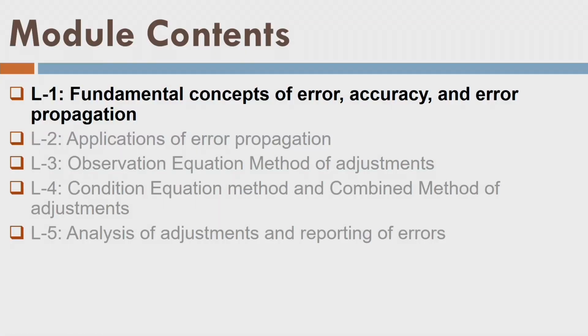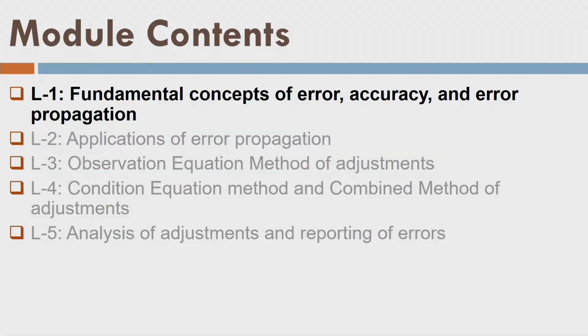So far we have learned how to develop a reference frame and how to develop a coordinate system to refer to a point in 3 dimensions. Let us look into the error. What is the error while locating a point or while measuring some quantity or variable? Let us go ahead. We have 5 lectures in this module.